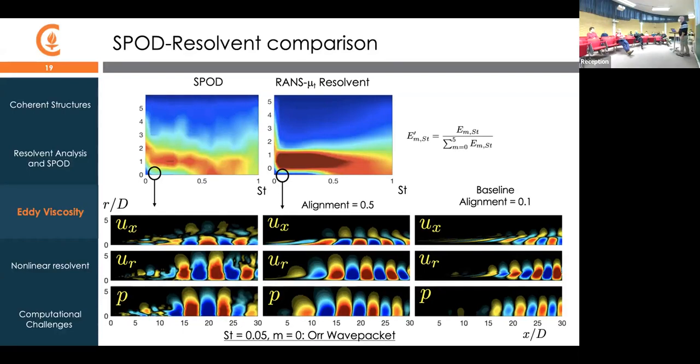Can I ask a quick question? When you do this matching with the resolvent, you're actually also matching the forcing too, is that right? Or is that not correct? Well, no, so the forcing becomes almost irrelevant, right? It becomes a single constant because we're aligning the two modes, and so they're related by a single constant. These are linear predictions, so we're not matching just the structure. It's just the eddy viscosity that causes the structure to match.